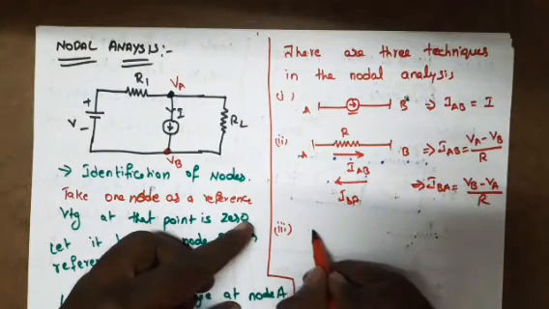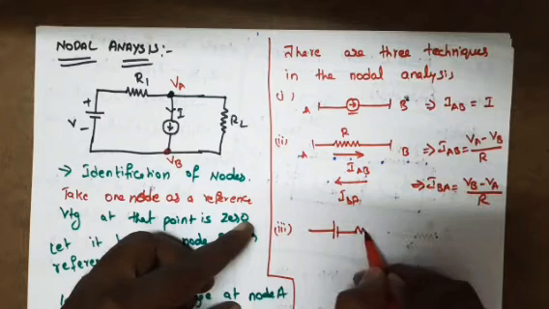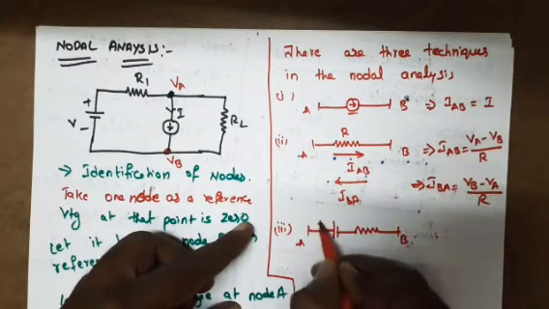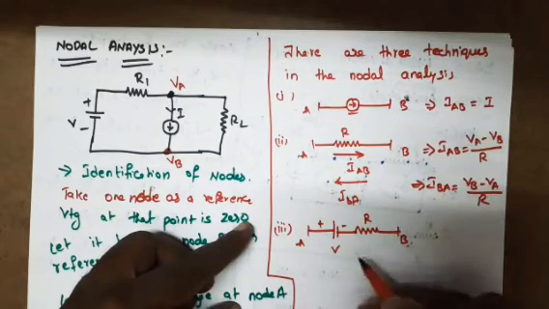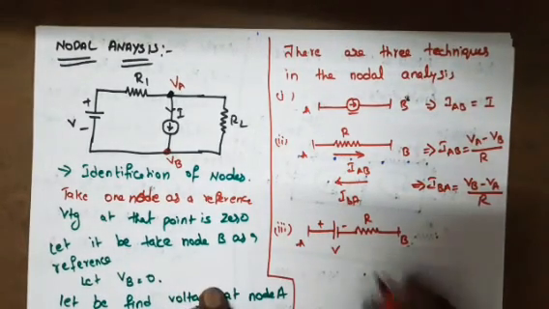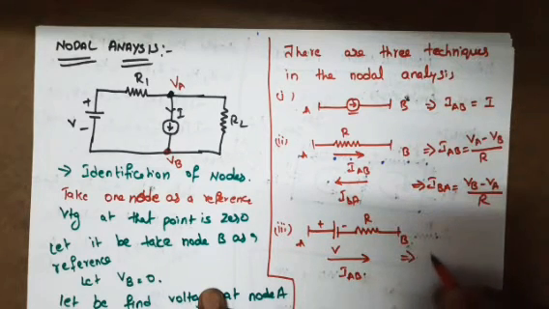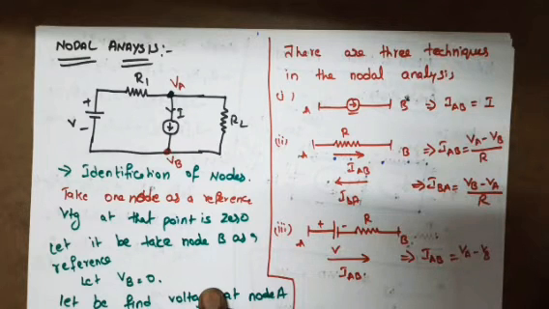the branch consists of a voltage source and a resistor in series. The branch has plus minus V voltage. What happens? Then the current flowing is IAB. IAB is equal to VA minus VB minus V by R. Why? Because positive to negative is a voltage drop, minus V is the condition.